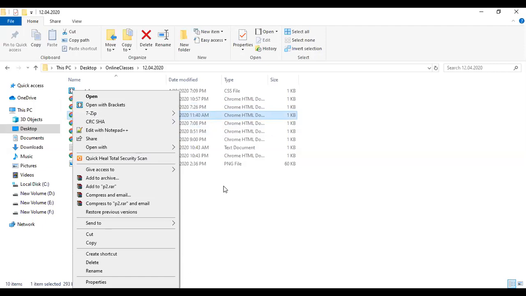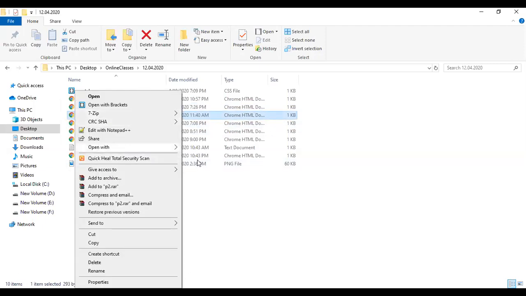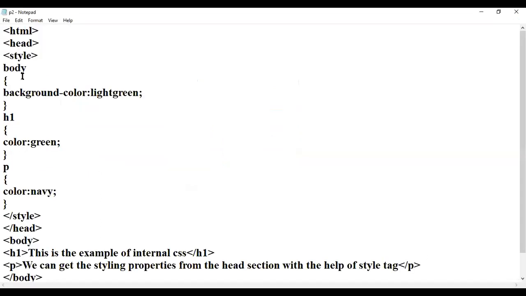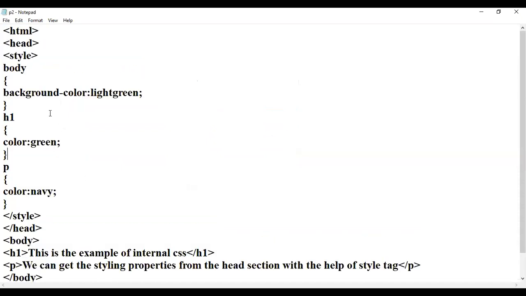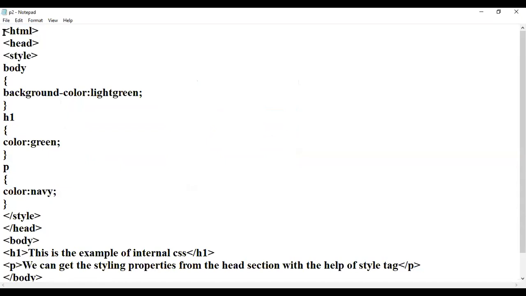See here, I have already written the program P2 for internal CSS. This is my document, and I am writing HTML code here. I have written the HTML tag, head tag, and style tag.